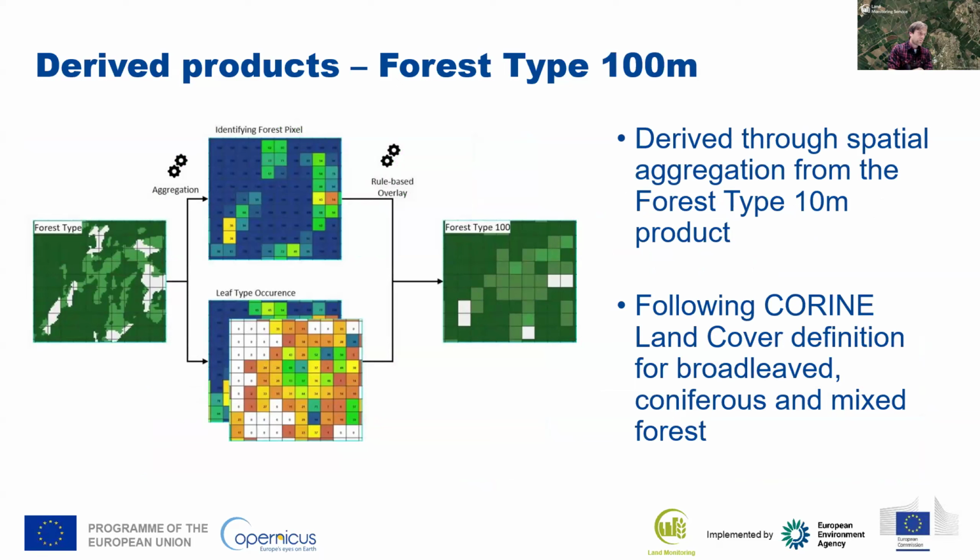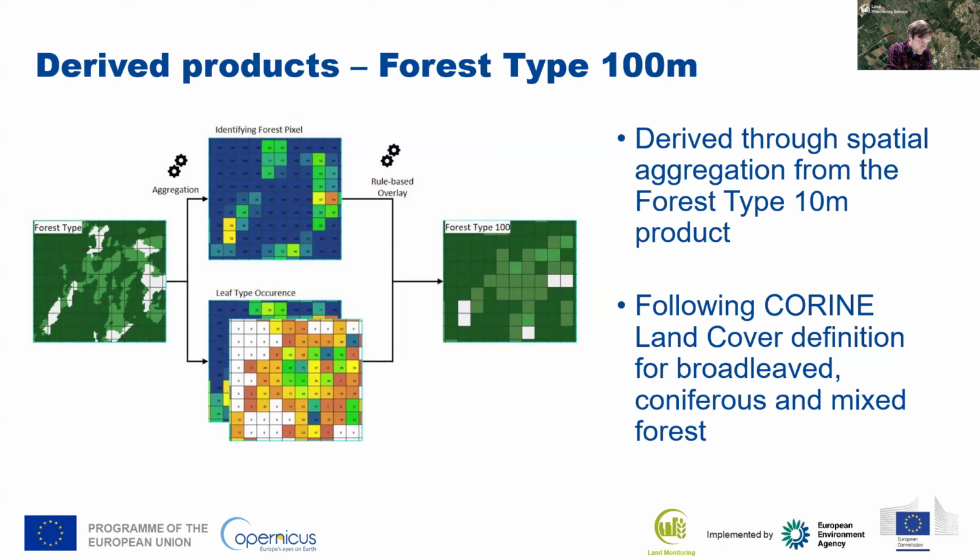The first branch during this aggregation is used to identify actual forest pixels, and forest pixel here means that at least 50% of this 100-meter pixel has to be covered by a 10-meter forest pixel. This would be the first branch, and in the second branch, the leaf type occurrence is counted. So in this example, we see in the background the leaf type occurrence for the coniferous trees, and the values here are quite high, especially in the upper left part, and in the front we have the cover